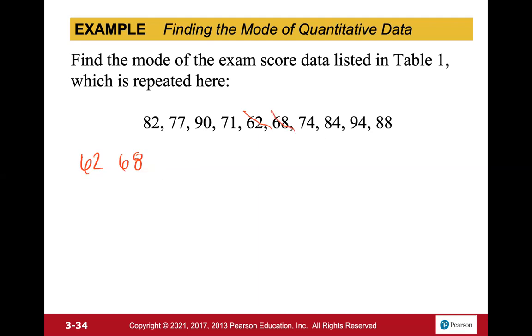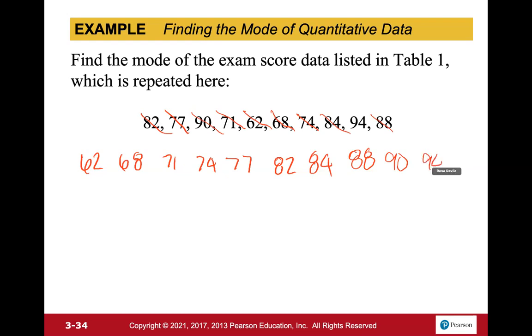No. 70, 71, 72, 73, 74, 75, 76, 77, 78, 79, and then 80. No 80s, so we go to 82, and 84, 88, then 90,